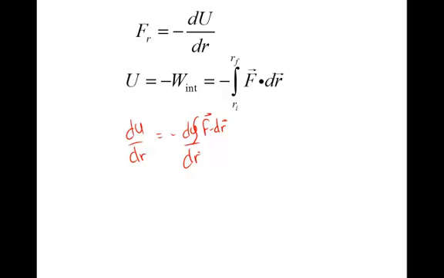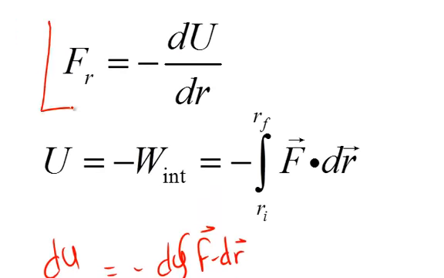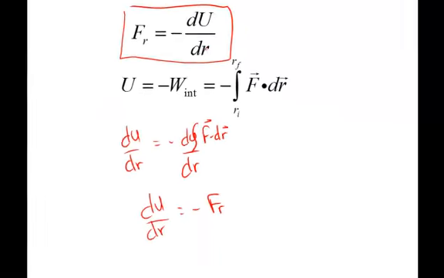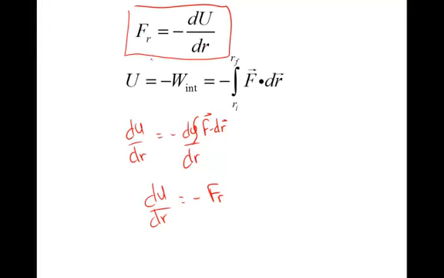And so what this means, and I'm kind of ignoring the vector signs here, but when you take the derivative of something where you're integrating against the same variable, the integral and the derivative just cancel out. That's why the integral is sometimes called the antiderivative. So from this equation, we see that du dr is equal to negative f sub r, or moving the minus sign over, we get this equation right here. So as I mentioned before, this is actually giving us a relationship between the potential and the force. So if we're looking at a potential versus distance graph,